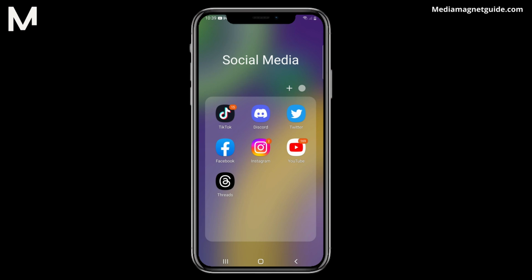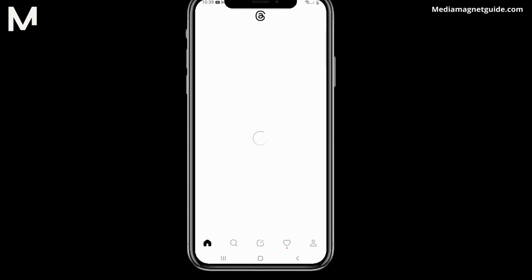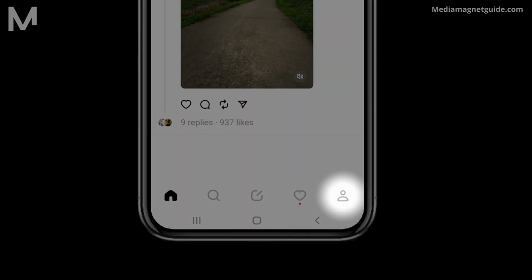In this video, we are going to demonstrate how to find your follow requests within the Threads app by Meta. If you're eager to navigate this new app and locate your pending follow requests to enhance your follower list, let's dive right in. Open the Threads app and tap on the profile icon situated at the bottom right corner